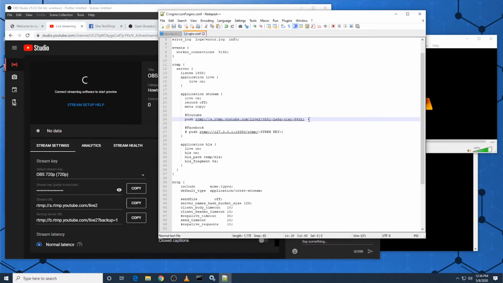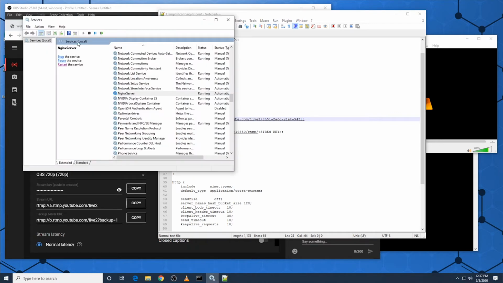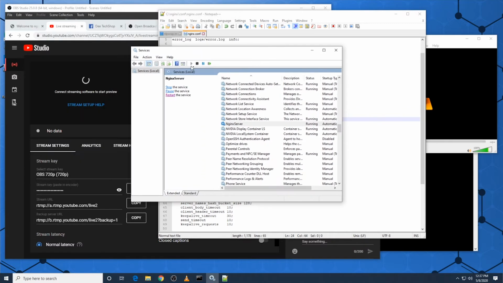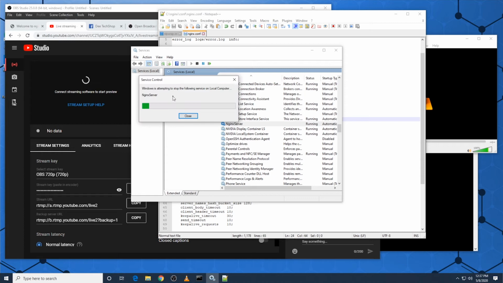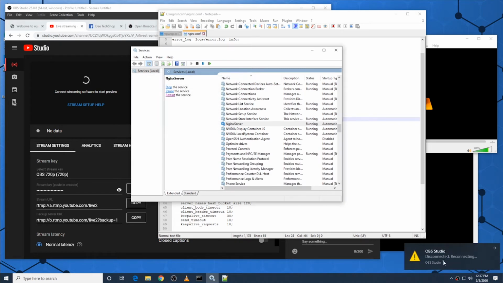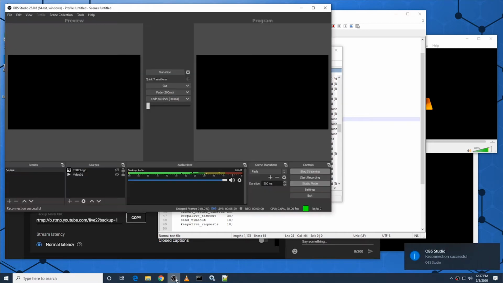And now the thing I would need to do is restart nginx because I've made a change to this configuration file. So to do that, you go to services, the nginx server, and then just do restart. So you notice OBS put a warning here saying got disconnected from the nginx server and it's trying to reconnect. And so once that's done, let's go back to OBS and see what that looks like. So it successfully reconnected and now it's